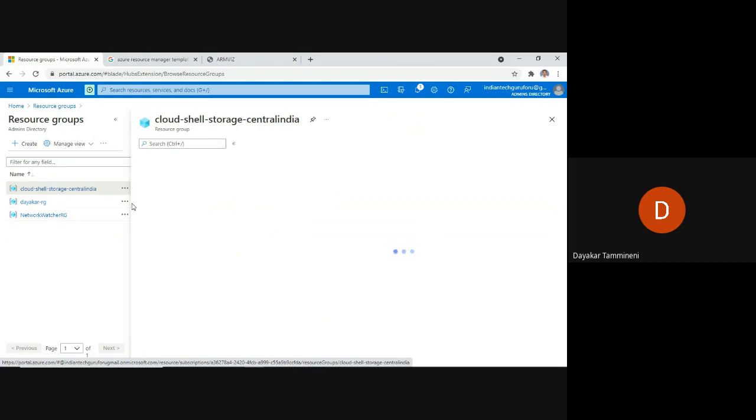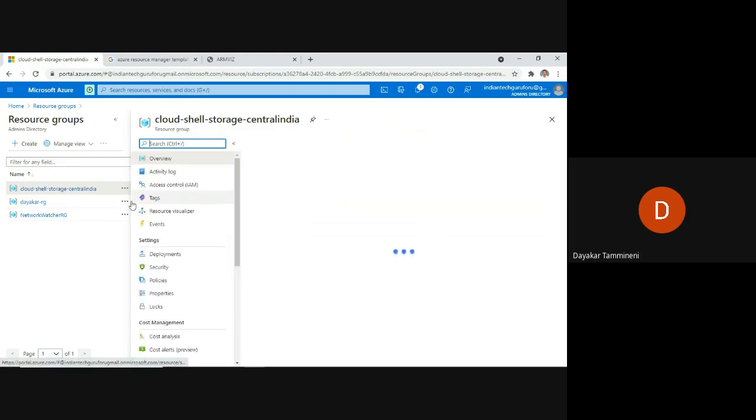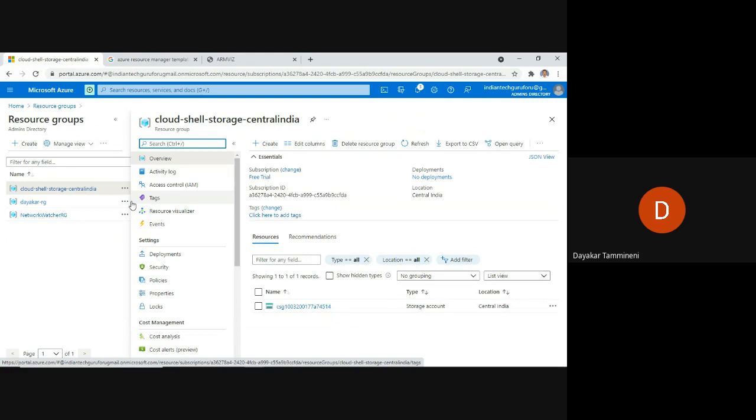If I open that particular resource group, it will not contain any virtual machines. However, it will contain one storage account. This is the storage account.